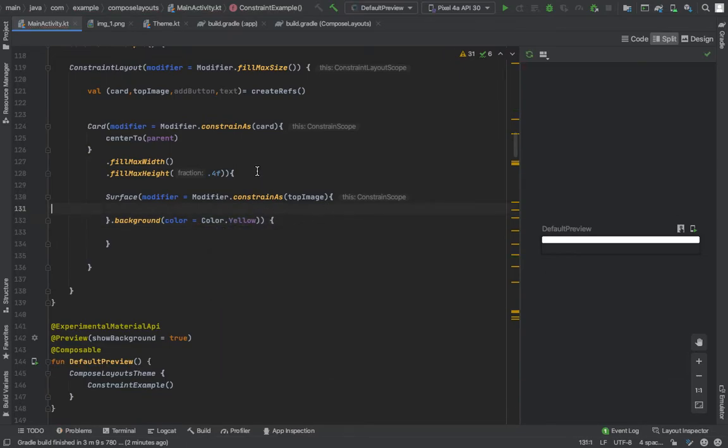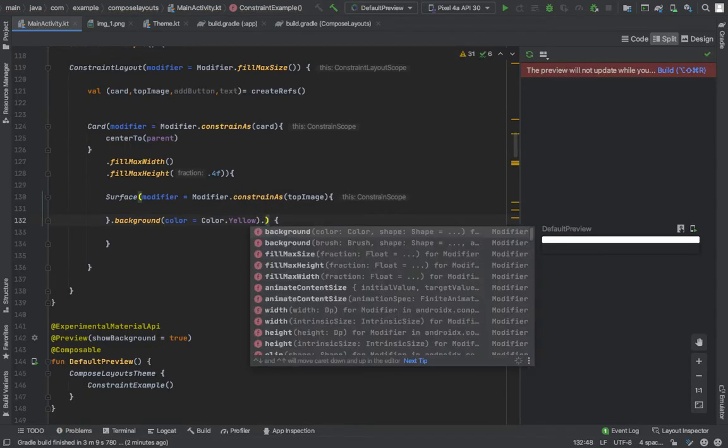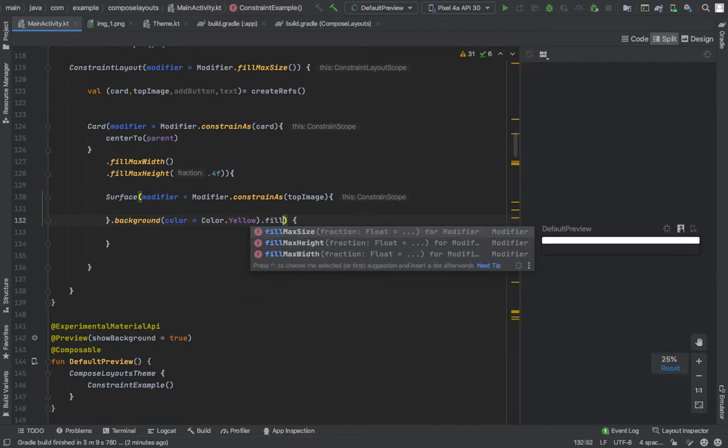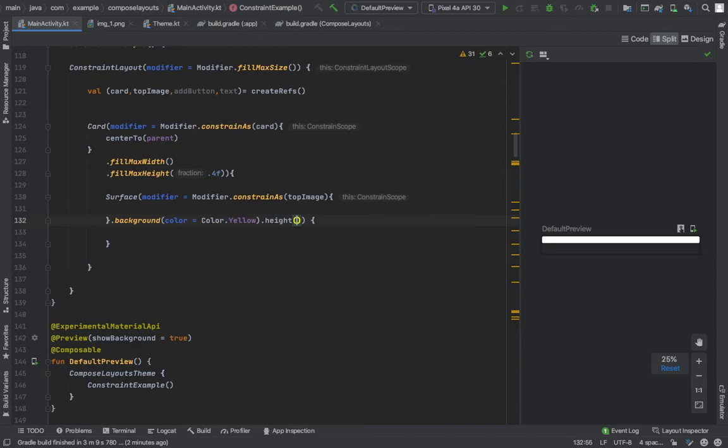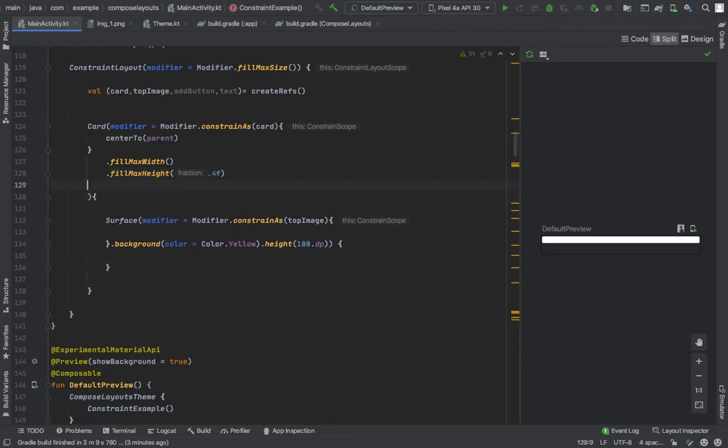And we also need to specify the height, so we can specify the height should be 100.dp. We are done with that, and fillMaxHeight. We can also use this fillMaxHeight and width function for our purpose.